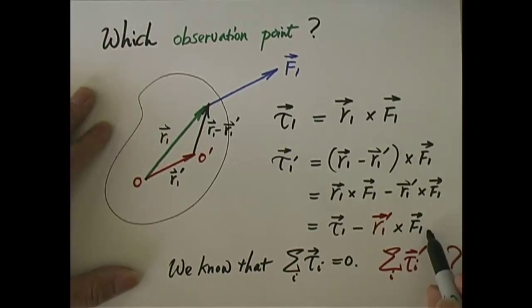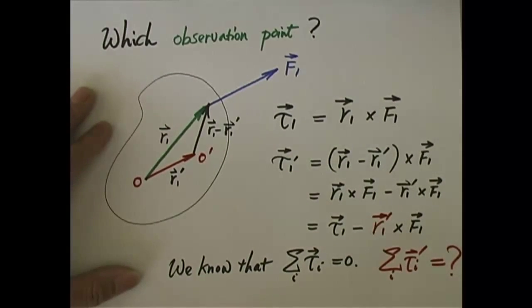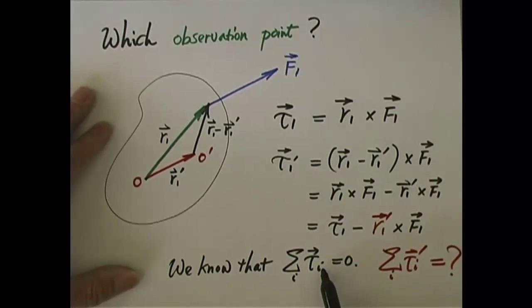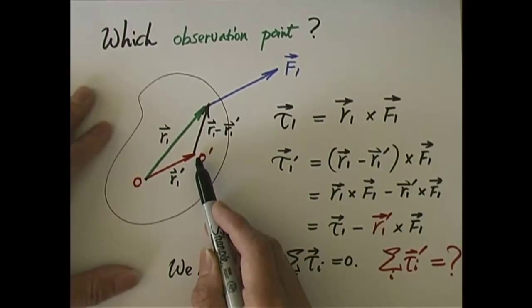Okay, this is the torque provided by F1 from a different point O prime. Now we know that due to the equilibrium condition, the torque exerted by all the forces about this point O has to be 0. So you sum over all the torques about point O, you should get 0. Those forces include F1, F2, F3, and so on. If that is the case, my question is, what about the torque exerted by all these forces about point O prime? Now we know that has to be 0 as well, otherwise it's going to rotate about O prime with